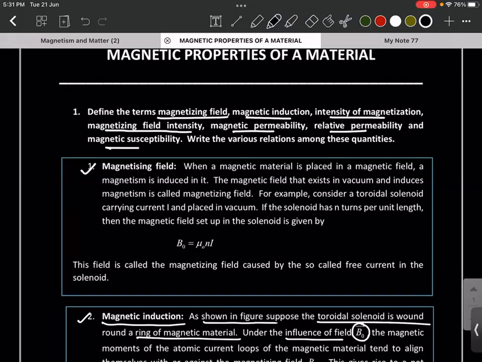If I take the steel bar and rub it against the magnet for some amount of time, then I take this magnet away, now I have the steel rod in my hand. Initially, before we rub, if you take the steel rod closer to iron particles, it will not attract. But after you rub it for some time,